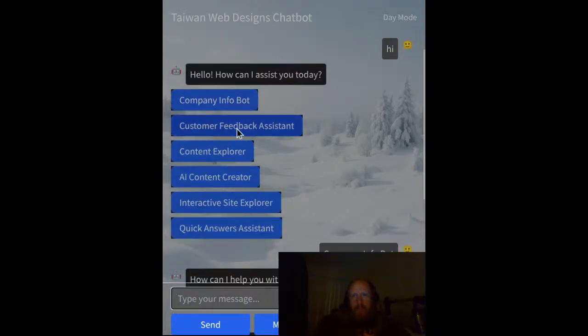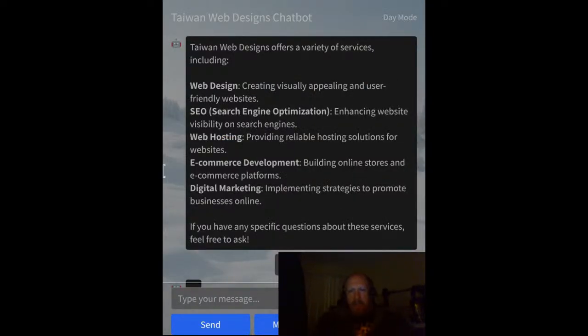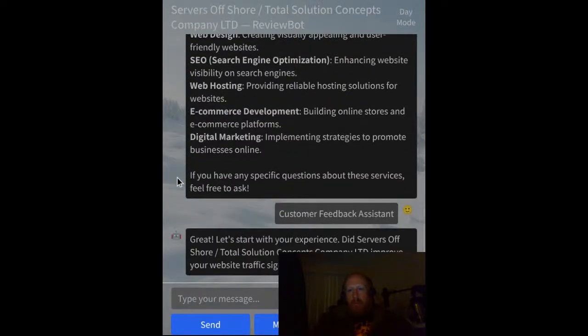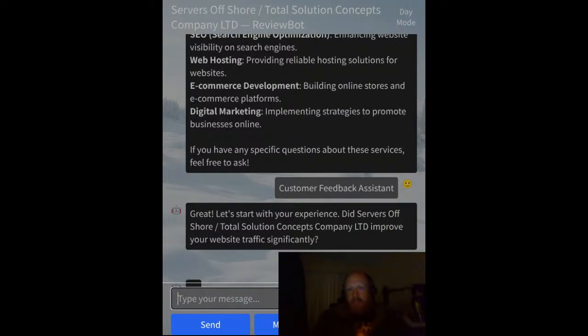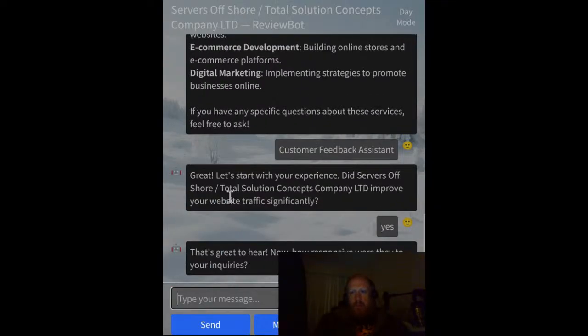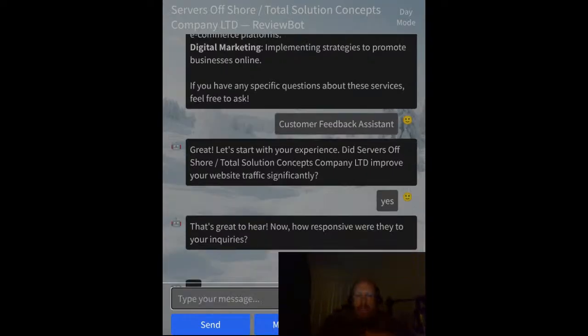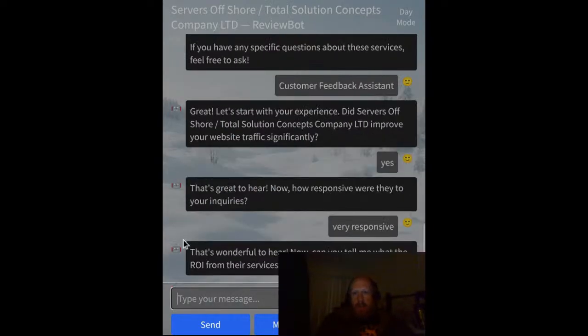The customer feedback assistant bot helps the company get Google reviews. It does so by asking the users three quick questions. The questions can be chosen by the company if there are specific things you're trying to highlight, trying to steer people towards talking about specific things. And then it tries to weave your target SEO keywords into the review,